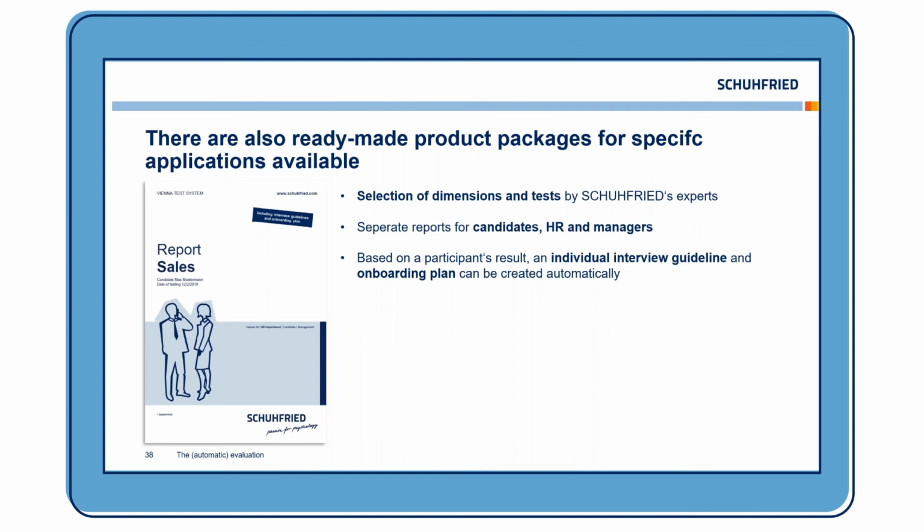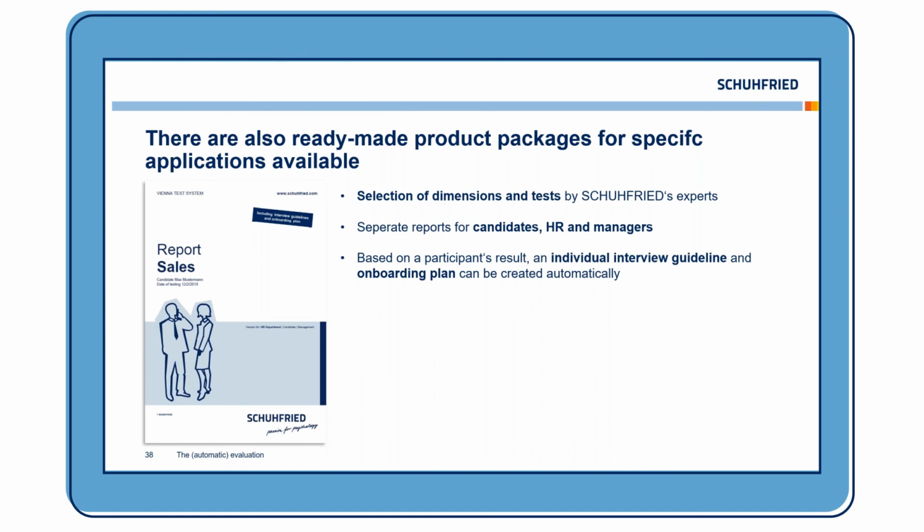And they differ, for example, in the level of detail they provide. The HR report is very, very detailed, including all the information you basically can have out of the test, while the manager's report gives a quick overview, because for those positions, it's mostly important to have a general overview and